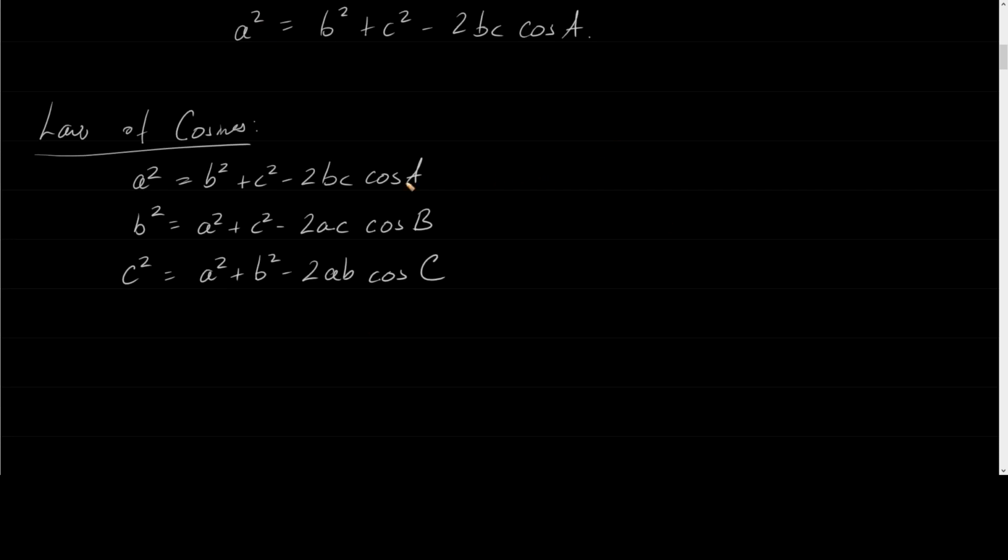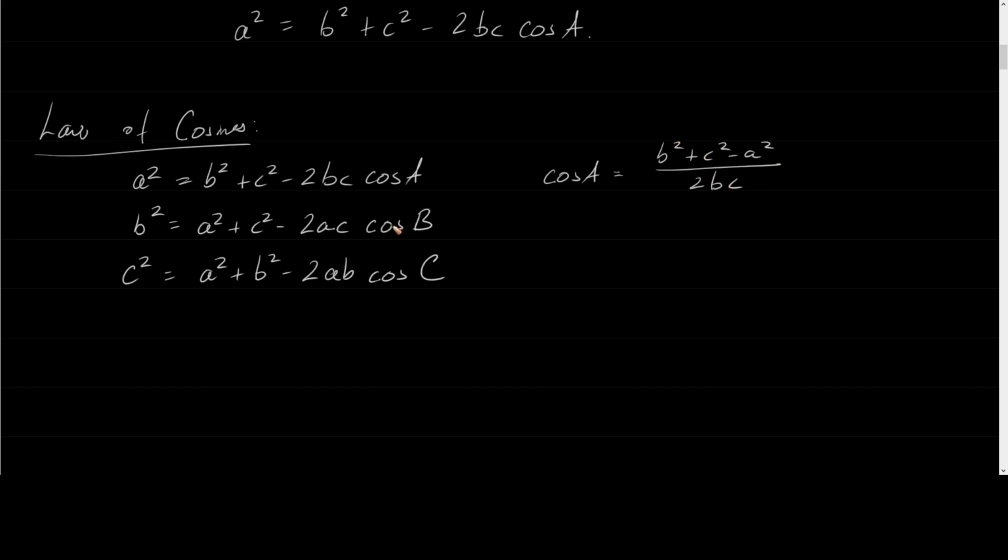So we can say here, if I solve for cosine A here, I would have that cosine of A is equal to a squared minus b squared minus c squared all over negative 2bc. But we don't really like to have that negative on the bottom, so we can rewrite this as b squared plus c squared minus a squared. Hold on, I wrote that wrong. There we go. B squared plus c squared minus a squared